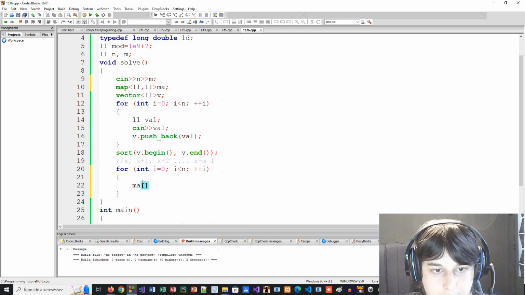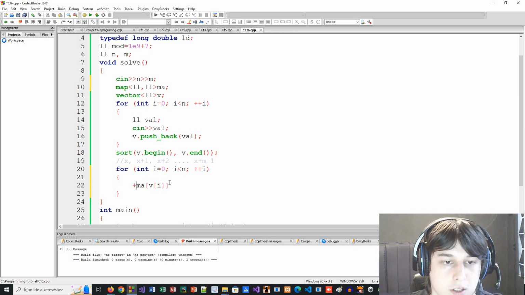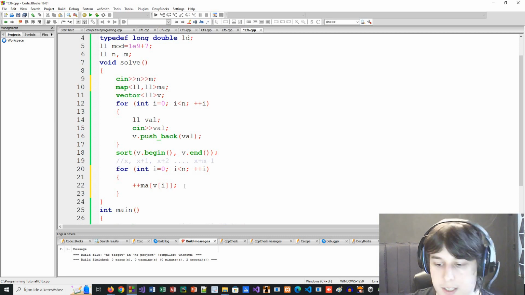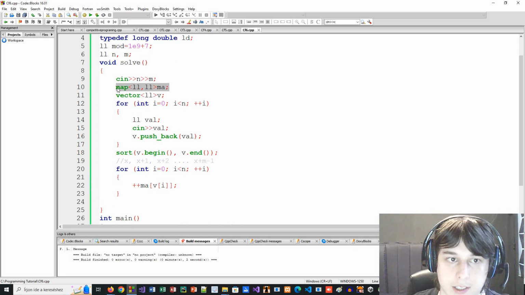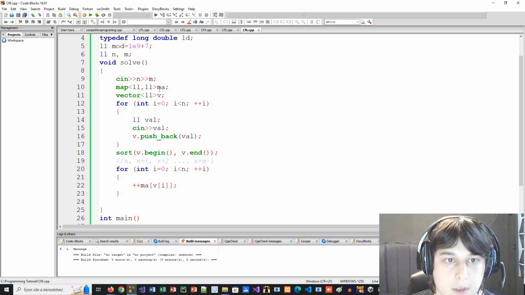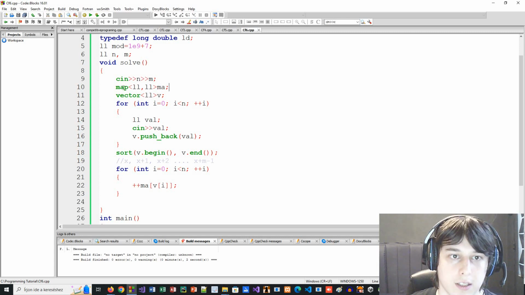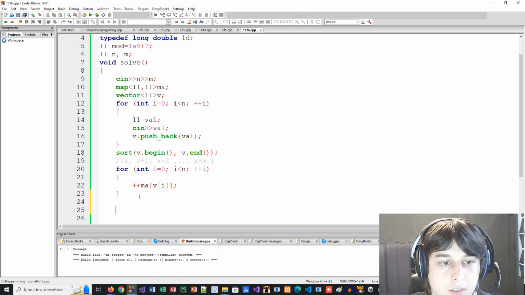So we will increase ma[v[i]] by 1. Remember, if you haven't touched it, it will have a default value of 0. So make sure to declare it here because after you are done, it will be deleted, and the next iteration, when you solve it again, will be another. Okay, if you declare it outside, then you would need to clear the values every time you're done. So we will increase that value, and then now we will